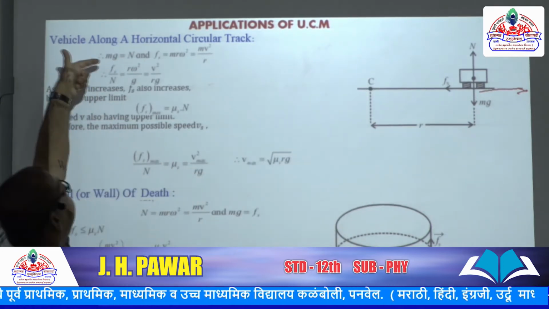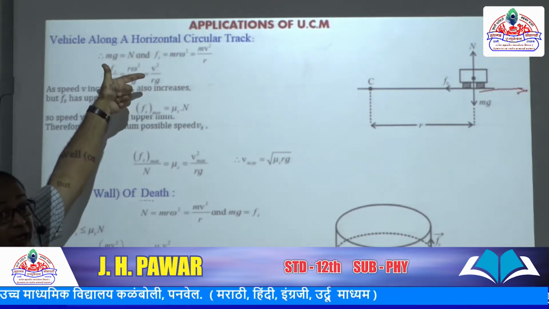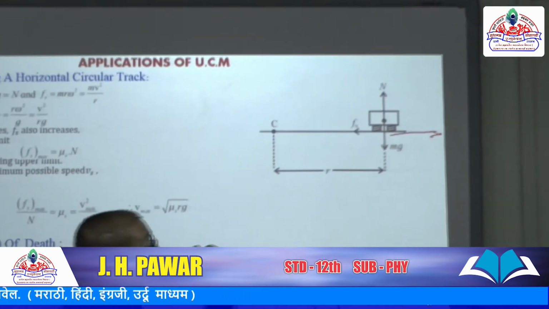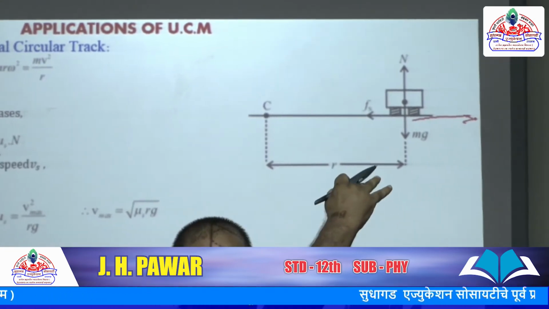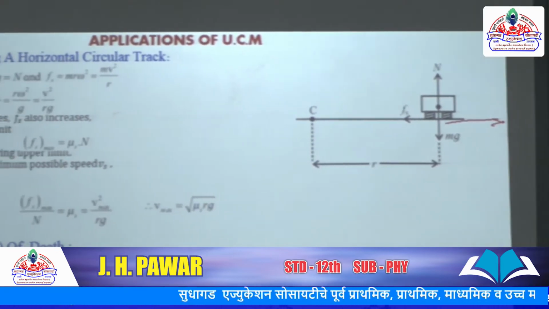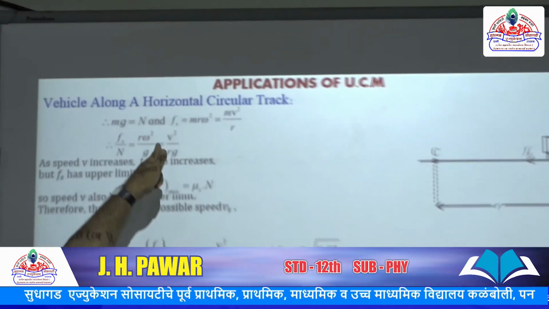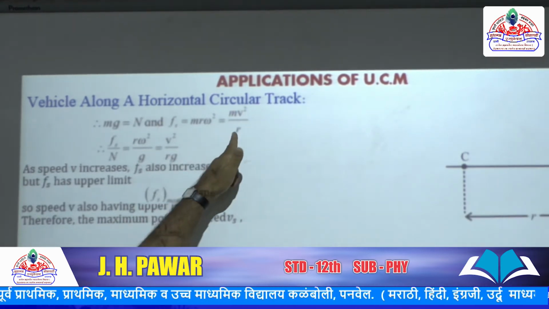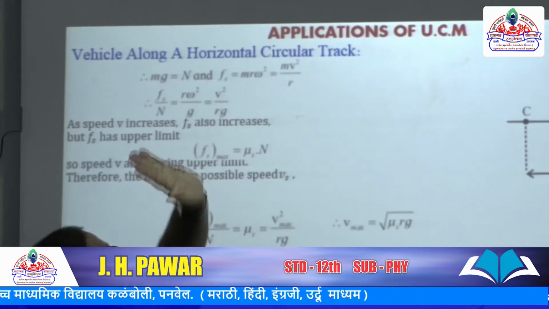Now look, here we go through this force of static friction. The notable thing is that it is not kinetic friction, it is static friction. Means it tries to prevent skidding or slipping of the vehicle in the outward direction, away from the road. Thereafter, this force is mrω². No doubt it is the centripetal, or you can say centrifugal, force when the vehicle is in uniform circular motion. Or you can say here ω is taken as v upon r and then you get mv² upon r.